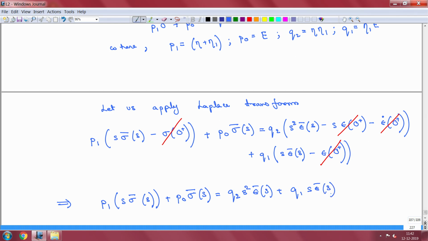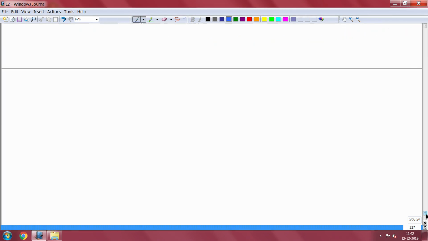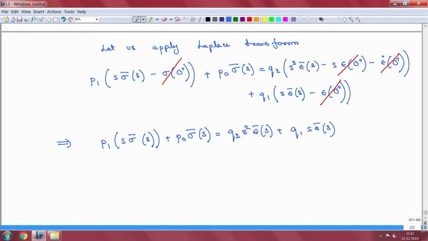So, as I said, we have skipped one part where we show how these terms drop out, but basically they can be derived from looking at that limiting process that we have seen before. And once you apply that, and the initial values and the stresses that are evaluated at 0 plus, the values of the stress and the strain and the derivatives, then you see that they will actually drop out of this transformed equation. Okay. So, now we can write our equation